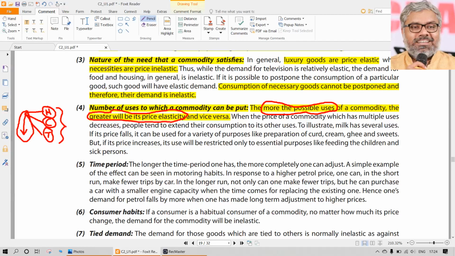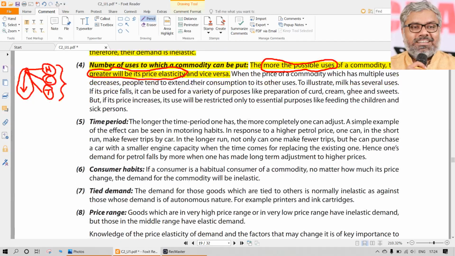Definitely, everybody requires that in cooking. So that also is making it price inelastic. Now, the number of uses the commodity can be put to: there also it has fewer uses. Ultimately, it has to be used in eating or drinking purposes only, which means it is only a kind of food item. Other than that, not much use is there for the same product, which means the commodity does not have multiple uses.